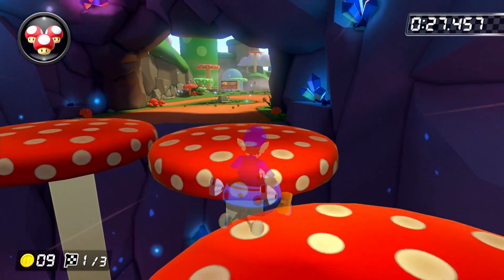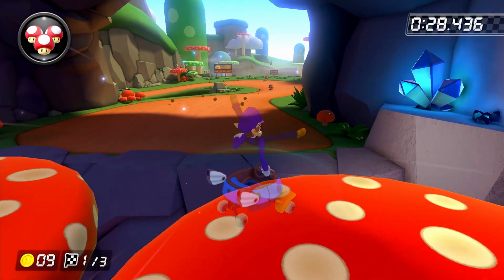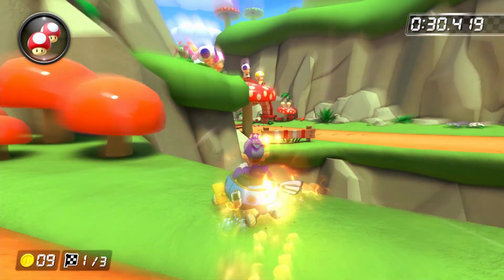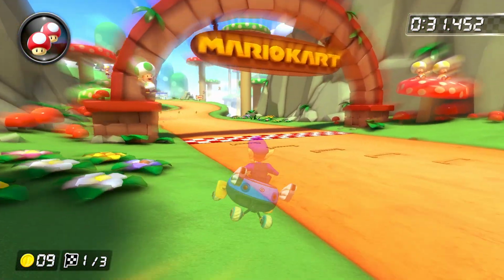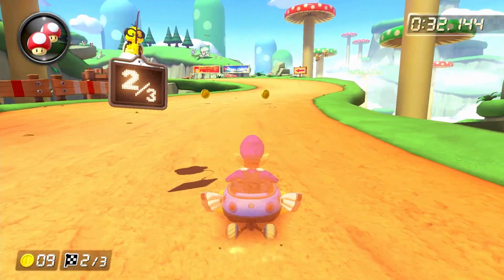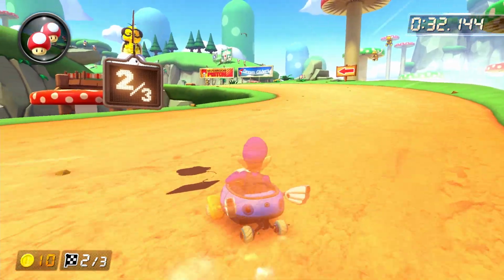Now we want to clear the third mushroom so that we can get good alignment around the next turn, because what we're going to want to do is use a mushroom and jump over the large gap at the end of the lap, ideally getting enough height to clear the fence. After that, we're done with the lap, but everything we just talked about is a lot easier said than done,